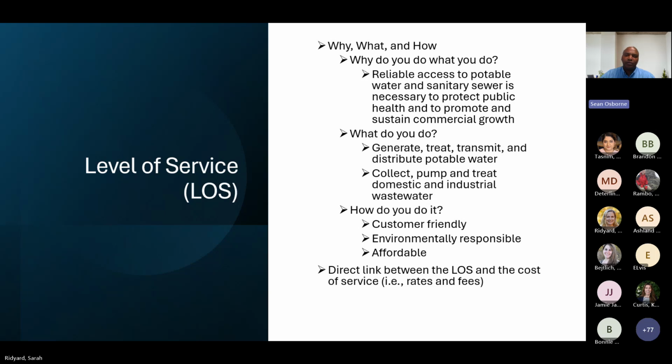What are you doing? Why are you doing it? Who are the folks who are making you do it? Regulators. Who are the folks who want you to do it better? Customers. What are the other reasons why you do it? Environmental responsibility, right? And so you go through these conversations with, again, those three areas: the people who you work with, the operators, the people who you work for, the customers,